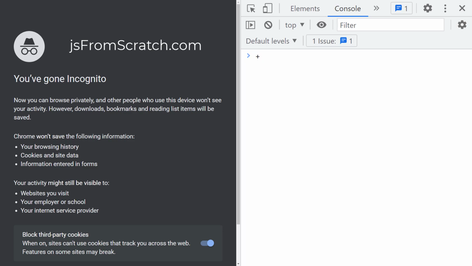Finally, there's the plus operator, which is actually referred to as two separate operators based on the data type of the values it is used on. If the plus operator is used on values of the number data type, then it's referred to as the addition operator. However, if the plus operator is used on values of the string data type, then it's referred to as